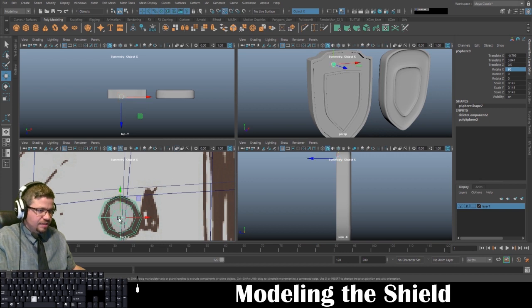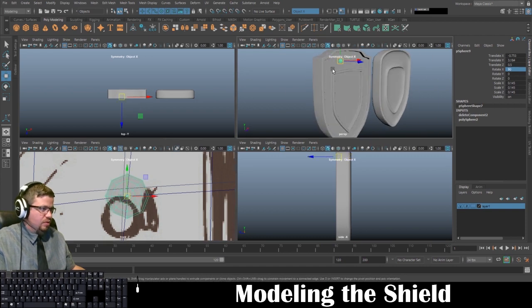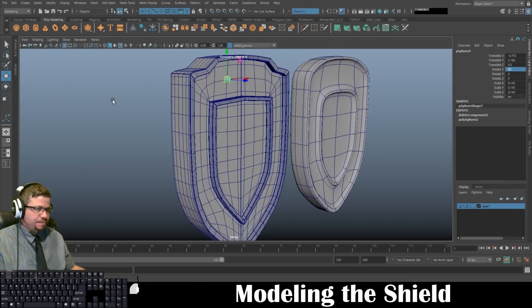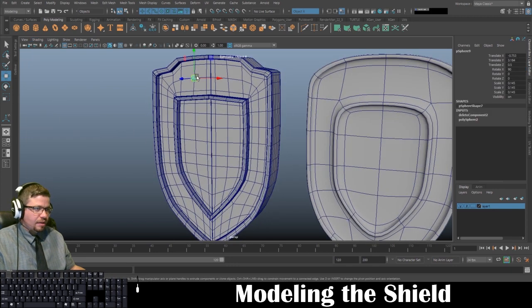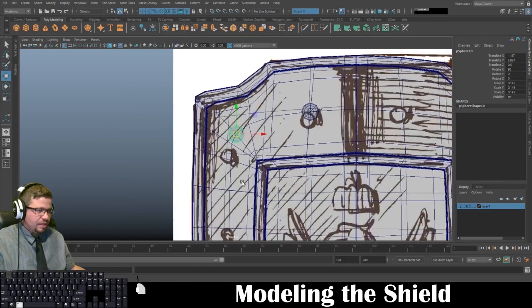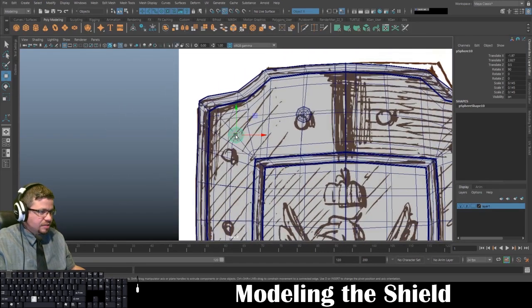And what I'm going to do is snap this, holding V, directly to those vertices. So I'm going to turn on shading and wireframe on shaded. And I'm going to Control D and duplicate this. And I'm going to put the next one about here. I could match this a little bit more closely, but I feel like it might get a little confusing. Actually,